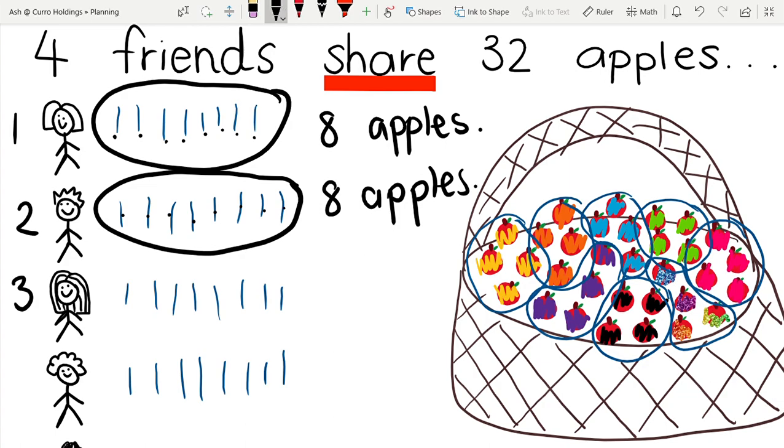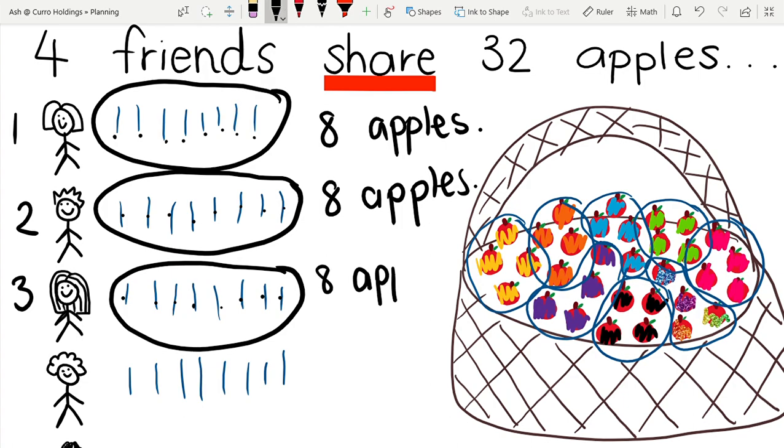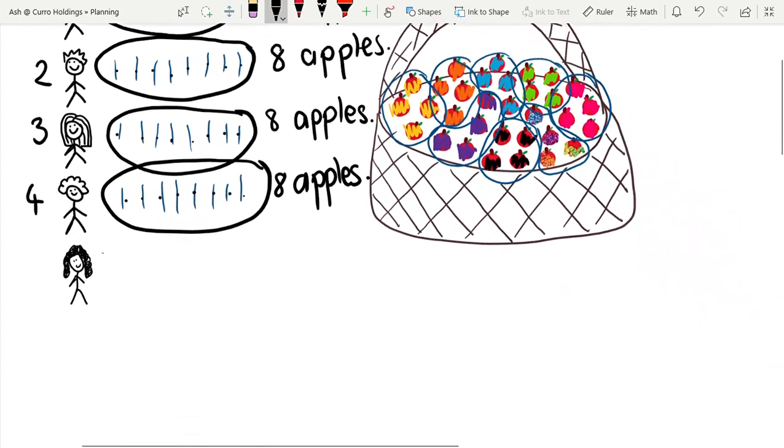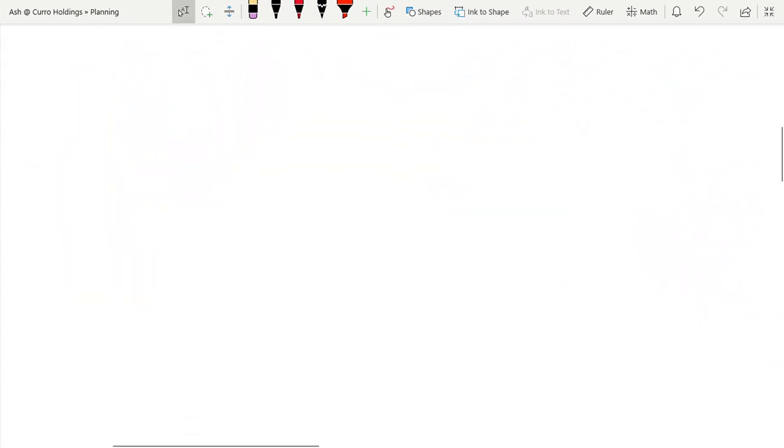Let's see if friend number 3 has the same number. Ready to count? 1, 2, 3, 4, 5, 6, 7, 8. She also has 8 apples. And friend number 4. 1, 2, 3, 4, 5, 6, 7, 8. So they each have 8 apples. Did we manage to share them equally? Yes, we did. So our sentence is going to say,